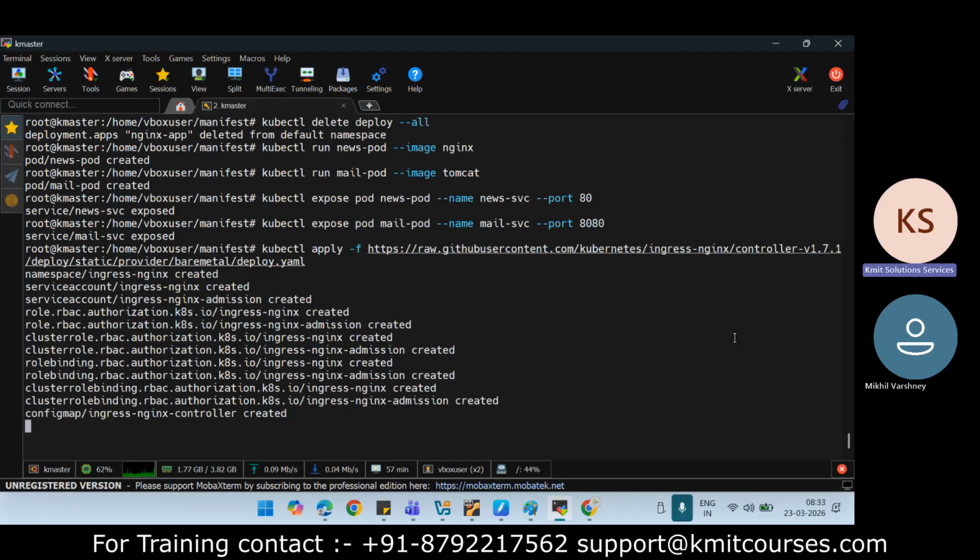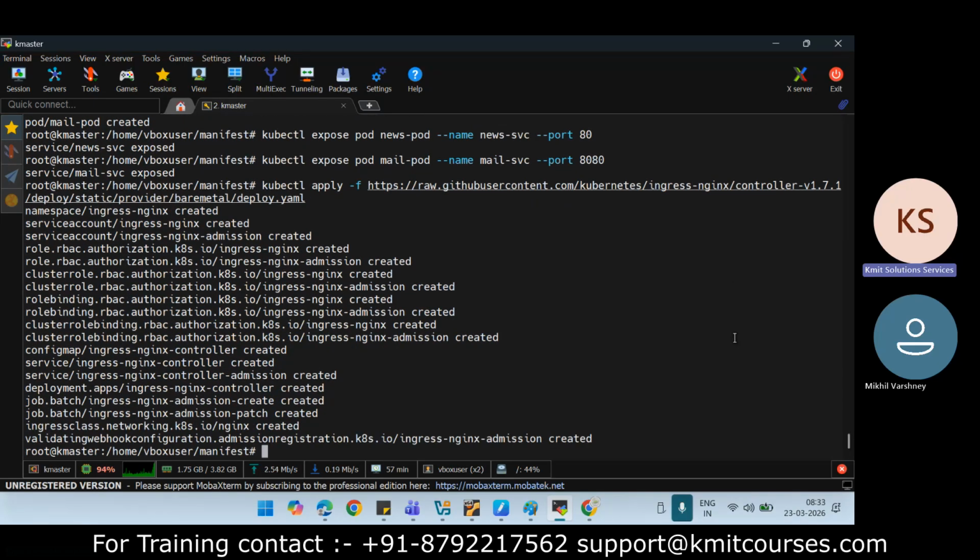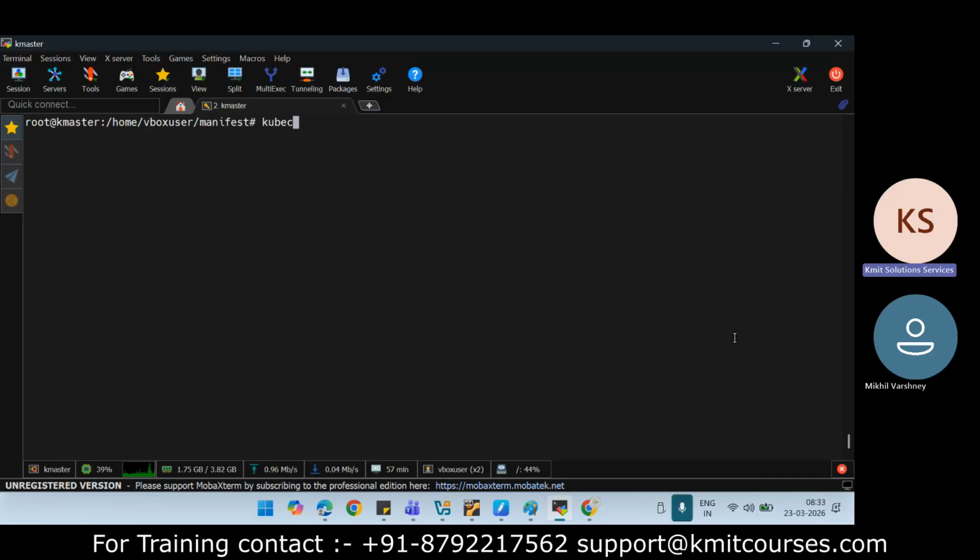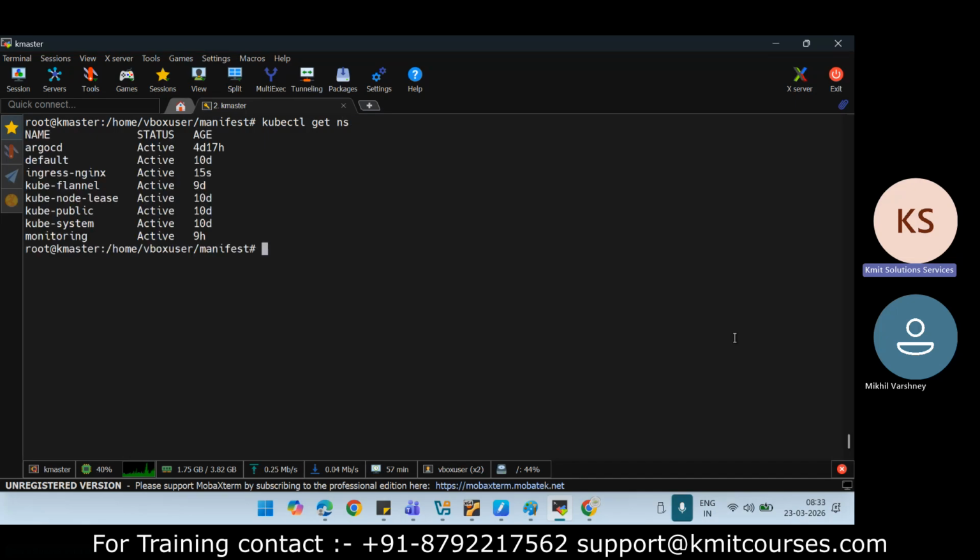On the basis of this YAML file, the Ingress controller related pods, services, everything get created. Now, if I say kubectl get namespace, actually we will talk about the namespace later, but here it is required. So there is a new namespace created which is called ingress-nginx. Now, if I say kubectl get service under the namespace ingress-nginx,